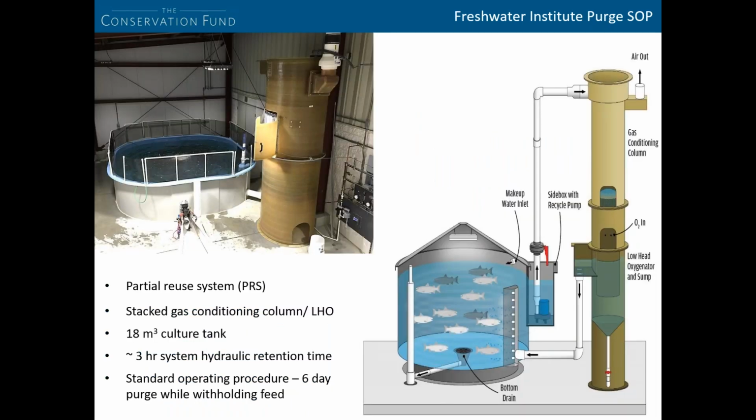So this slide shows the basic design of our partial reuse systems that we use for depuration. It's purposely a very simple design that has limited piping, limited surface area that we learned from before in our research. So we don't have aeration media in the gas conditioning column. We simply just have a fish tank, a pump in the sidewall box of the tank that sends the water through the column to add oxygen, to strip carbon dioxide and nitrogen gas, and then the water returns to the